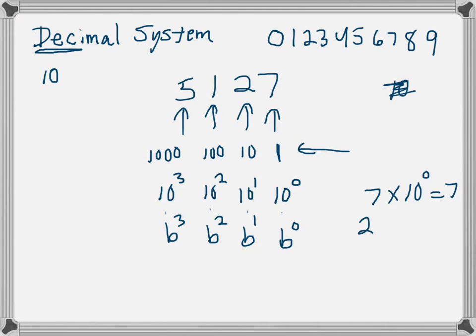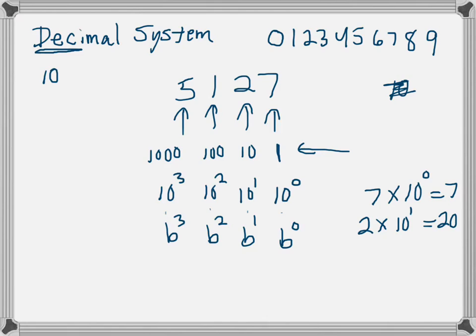So we take 2 times, and where is this 2? This 2 is in the tens place, or 10 to the 1. So we take 2 times 10 to the 1, which means 20. So what this digit 2 means, it's in the tens place. It means you have 2 groups of 10. The 7 here means you have 7 groups of 1,